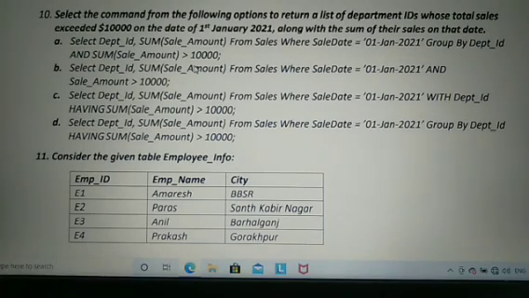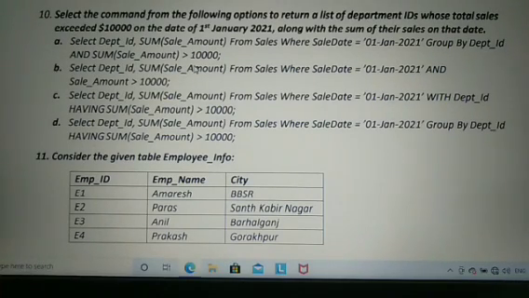So option A is select department ID, aggregate function sum within bracket sale amount from sales where sale date equal to 1st January 2021 group by department ID and sum within bracket sale amount greater than 10,000.